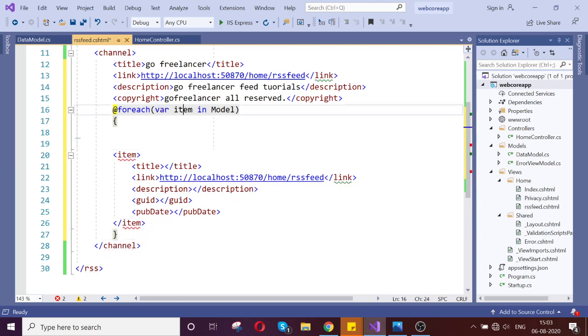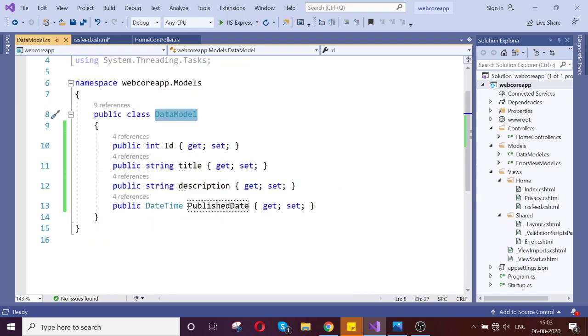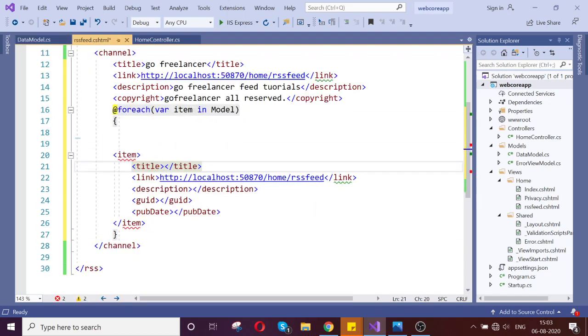Okay, cool. So now in our model we have title, which we're going to give here as item dot title, then the link, something like RSS feed details, or something like home details.